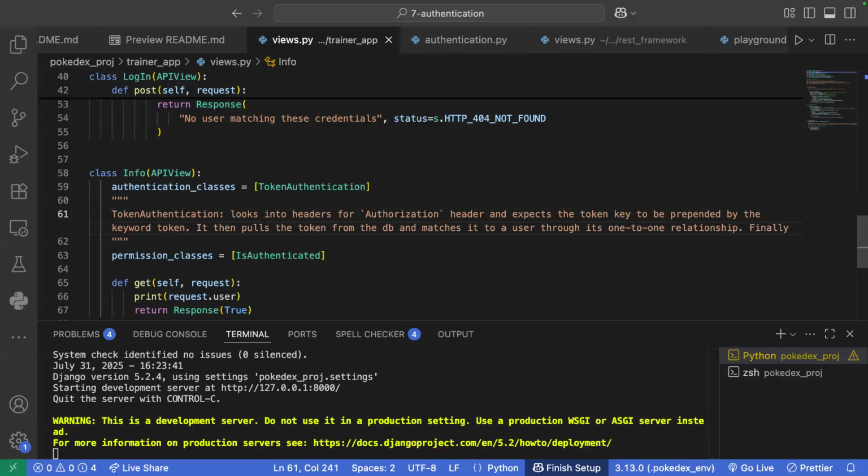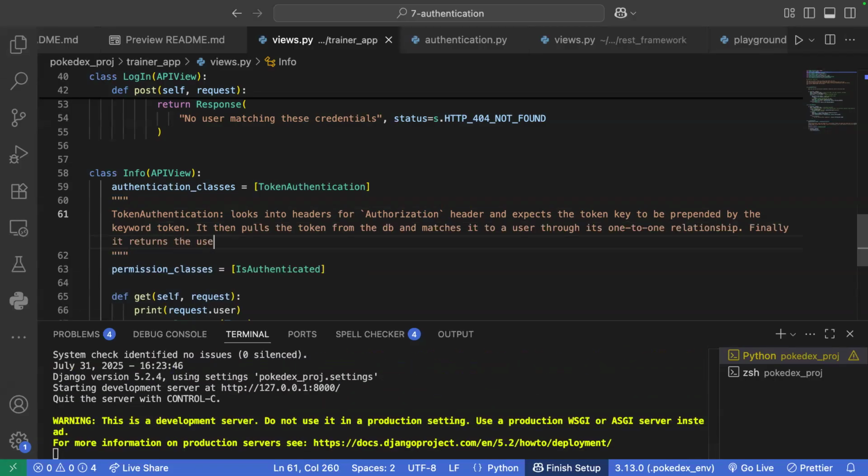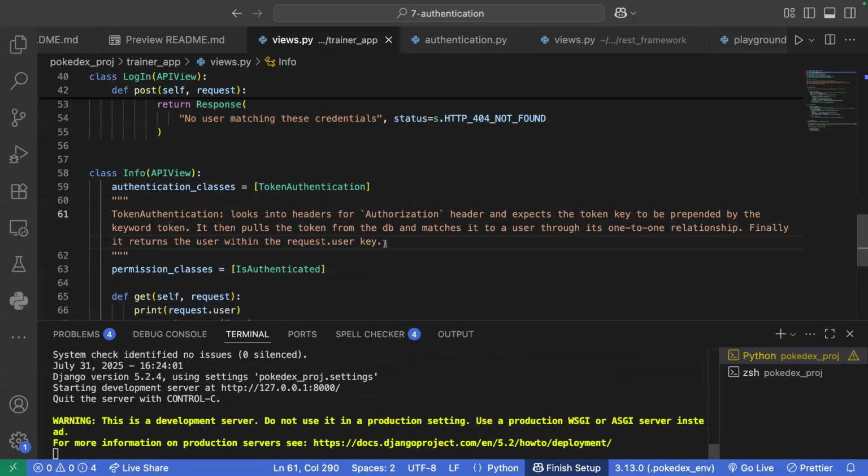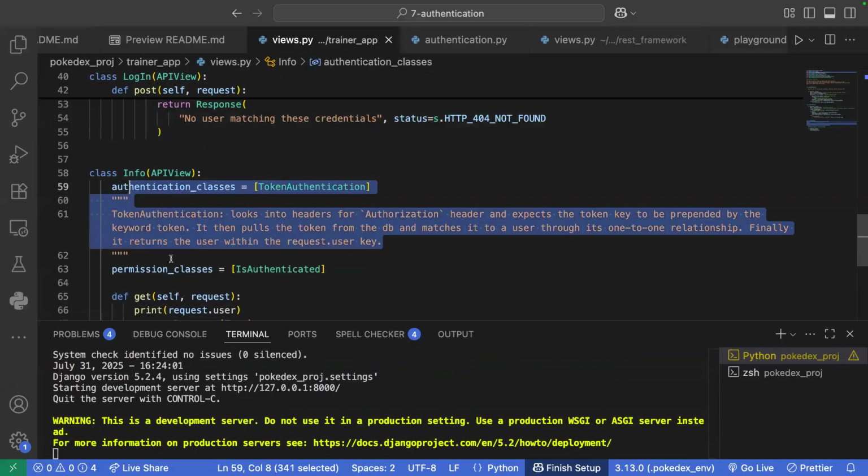Finally, it returns the user within the request.user key. All right. So that gives me this whole portion of being able to grab a user, but it